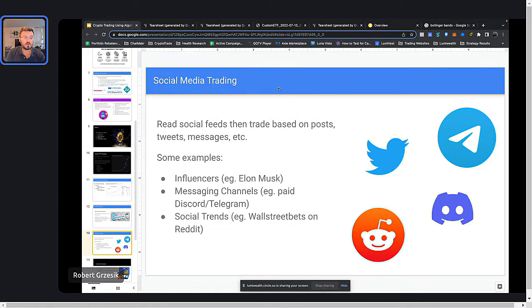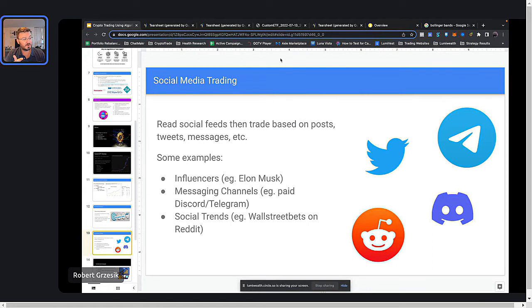So basically what we're talking about here is we're trading off of text sentiment, or we're trading off of social media, right? So we can get a lot of information around the world for all sorts of things. We can get it from Twitter, from Discord, from Reddit, from Telegram. We could read news articles. We could be paying attention to emails that people send out. There's lots and lots of text information out there in the world that we can use to help inform